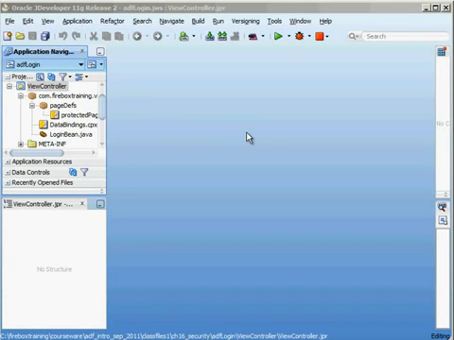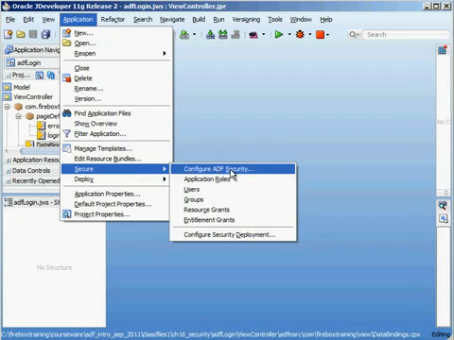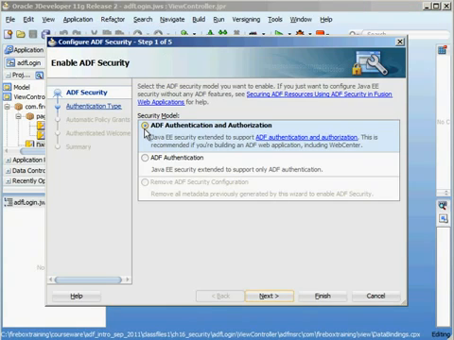So far what we have is our managed login bean that contains the username and password that the user provided. And now let's enable security. So we're going to go to our application, secure, configure ADF security, and let's specify that we're doing both authentication